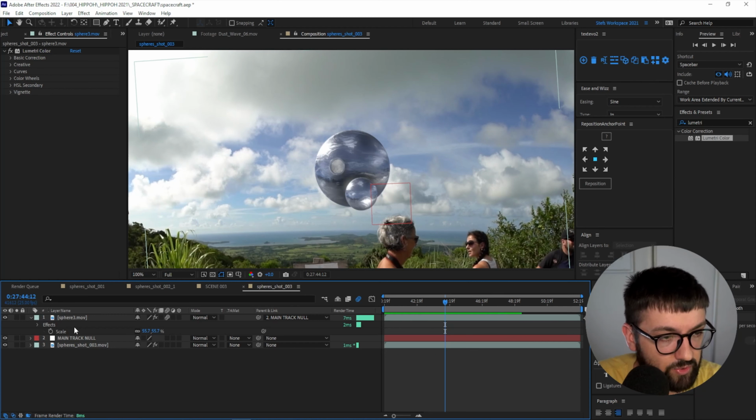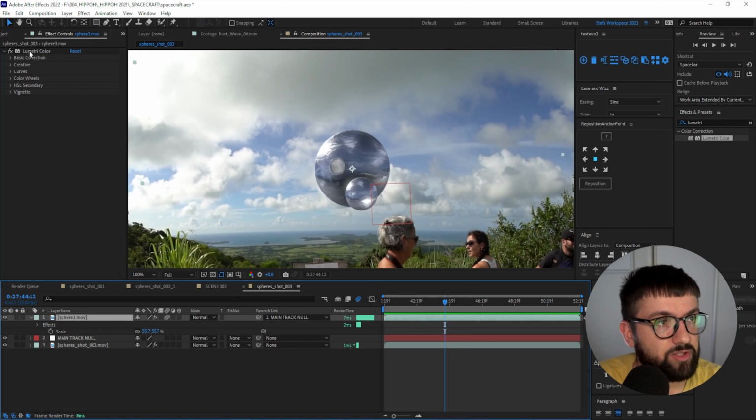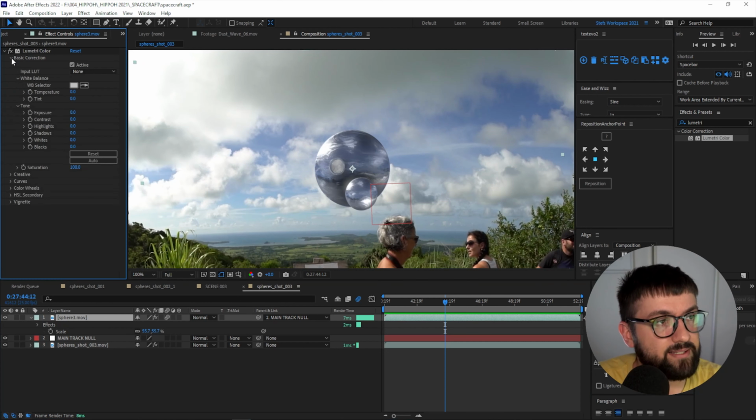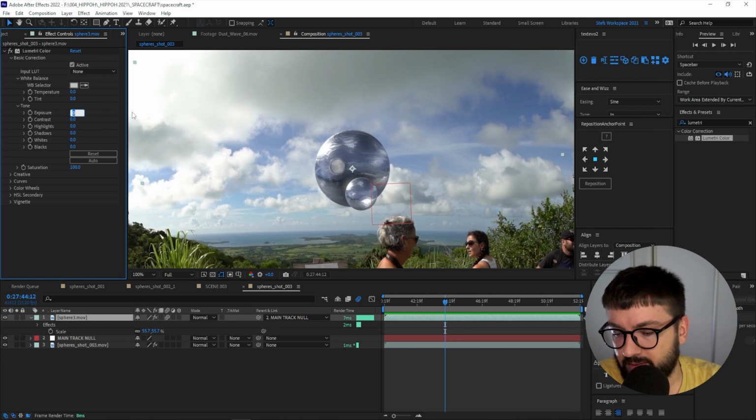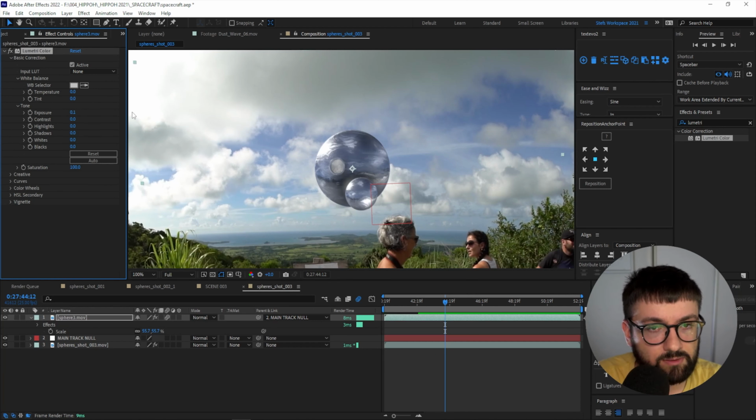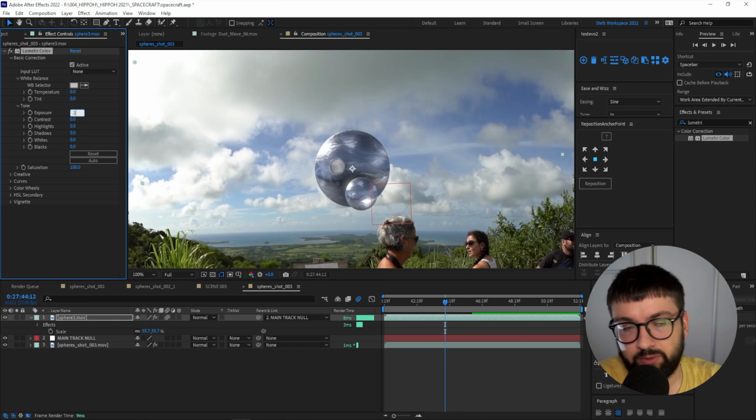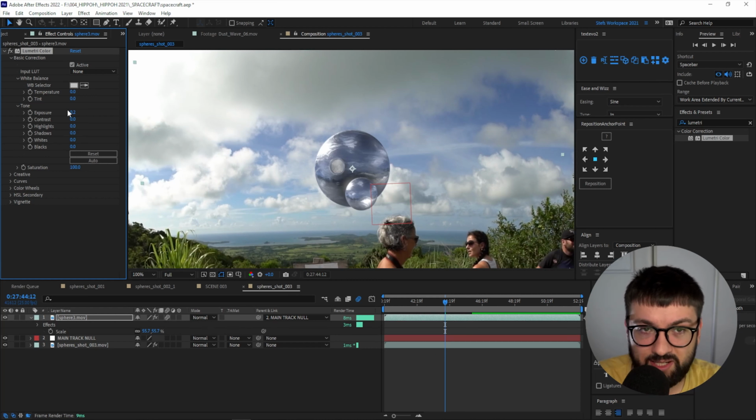So what I'm going to do, click on my sphere, come over here to Lumetri Color, open up Basic Correction, and I'm going to start with just brightening a little bit. So let's go maybe 0.1. It's not heaps, but let's go 0.2. Okay, so that's added just a little bump of brightness there. Then I'm just going to play with my shadows here. This is the good stuff. I'll make that like 50. That's looking pretty good. So before, after,